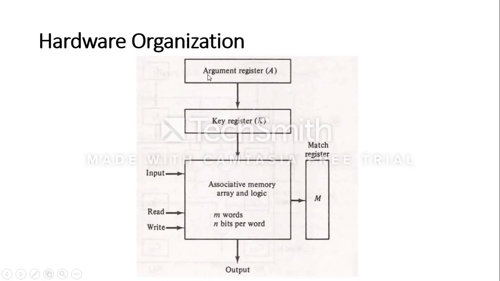So what I can do, 18 BCE, I need to extract the records of all the students who are from 18 BCE batch. So the last 3 digits of the argument register contain 18 BCE 001. That means I have to treat the last 3 digits of the argument register as don't care values, because I don't want to include 001 in my search operation. I don't want the control to search using the last part of my argument string, that is 18 BCE 001. I don't want the control to use 001.